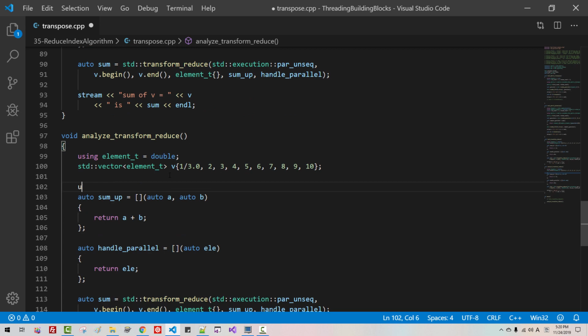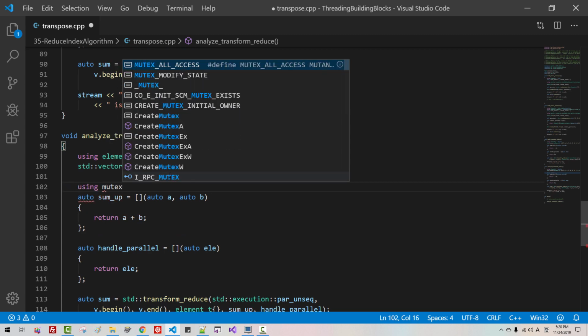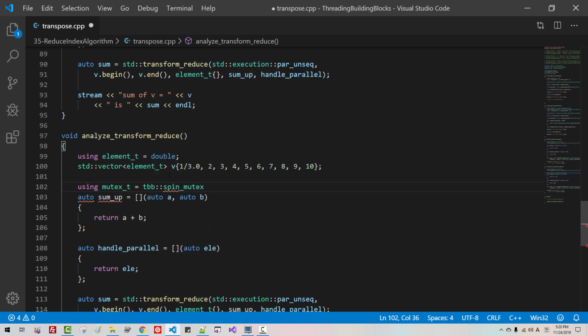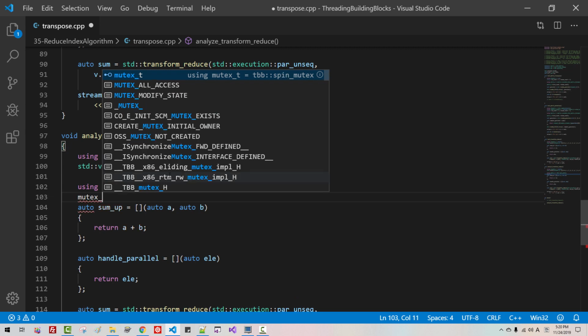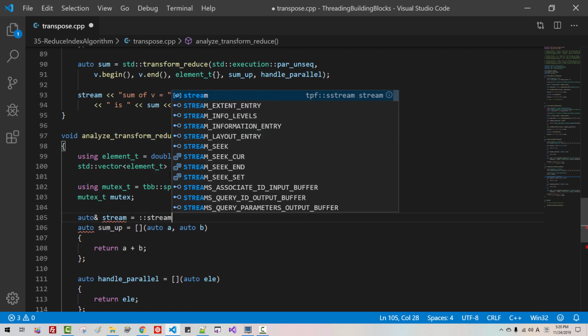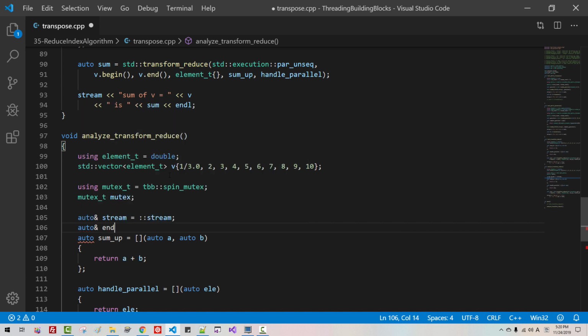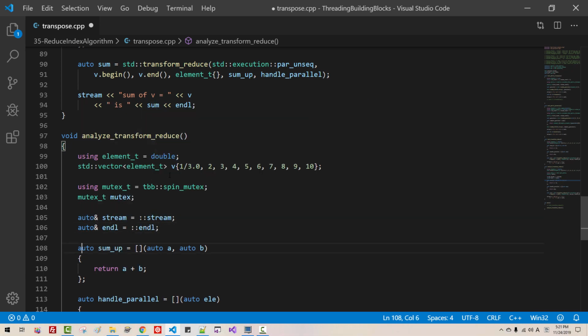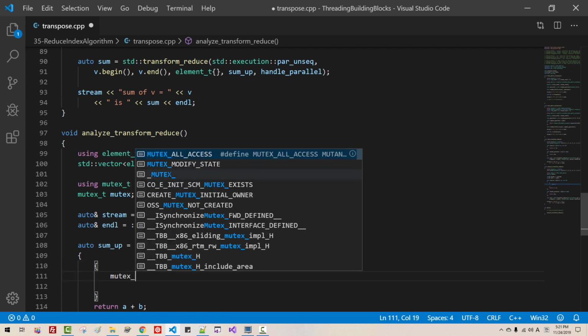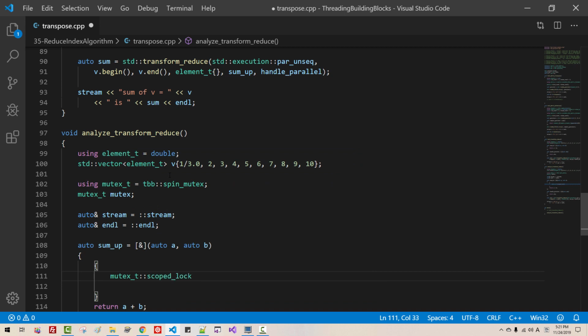Now here, using mutex_t, TBB spin_mutex, mutex_t, mutex, auto, stream, this is global stream, auto, and there. Now put it here, also put it here, we capture all, create a block, mutex_t, scoped_lock,